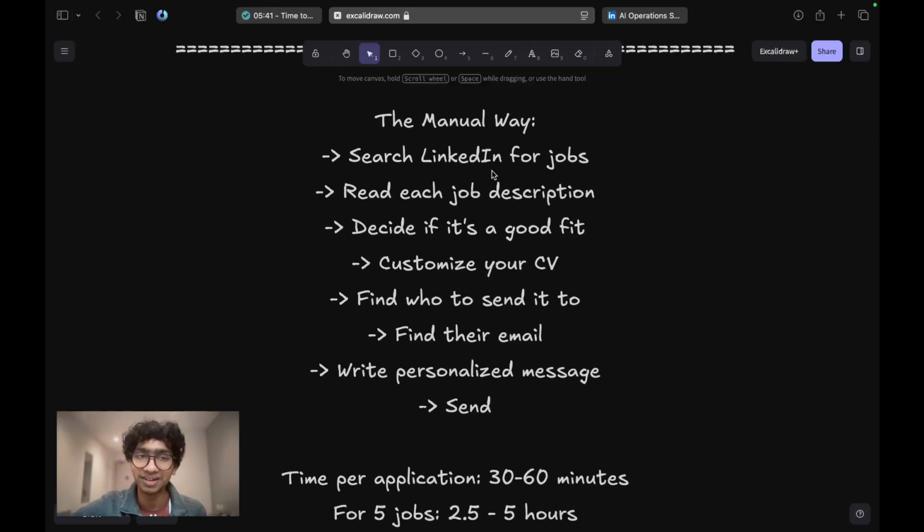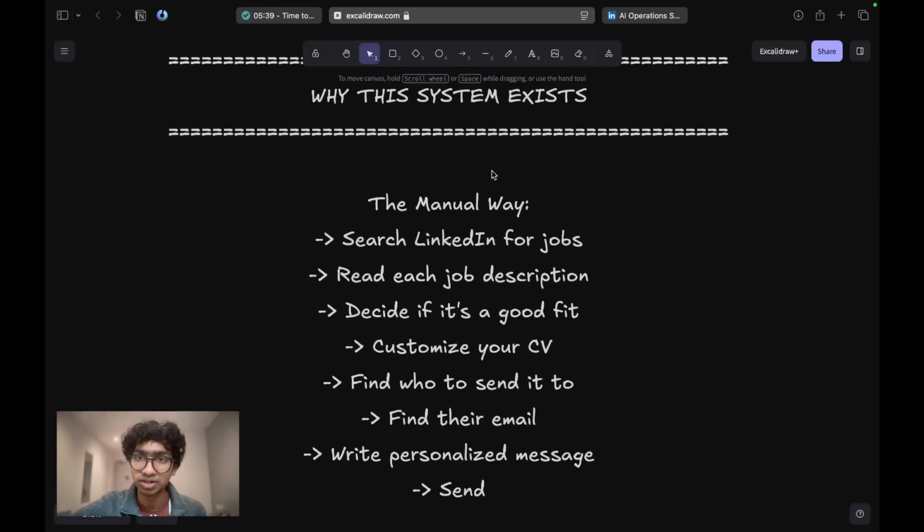I've just realized all these people are applying to jobs and not actually getting jobs. So I was curious, what if I could apply to jobs and automate the process, because a lot of this is a step-by-step process which is repetitive, so I can actually automate this. So I just thought,